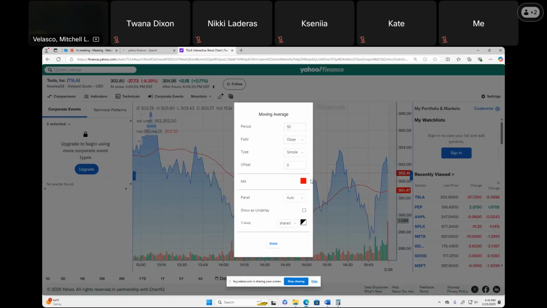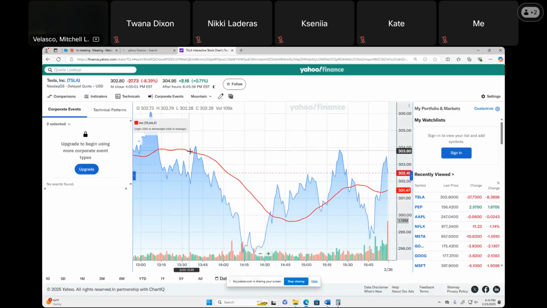And I'm going to add a 50-day moving average. I'm going to make that, we'll just keep it as the red color. And so the red indicator here,